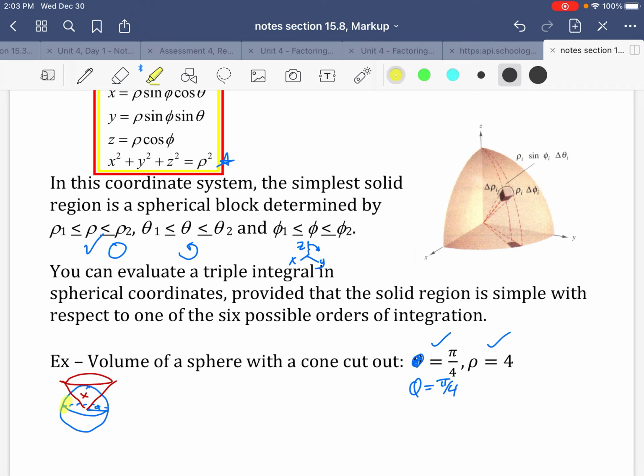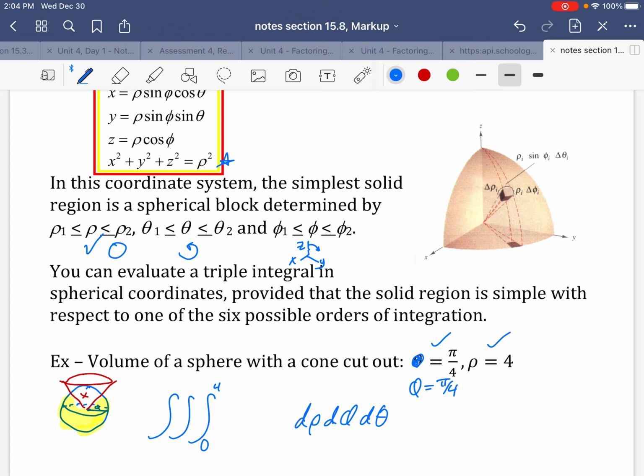So that's what we're going to try and write a little triple integral for. Okay, this little part right there. All right, so here we go. When I write a triple integral for that, we're always going to go d rho, d phi, d theta, right? And you can switch it around if you need to. But my rho, if I am going to go out from the center to the sphere, so 0 to 4,